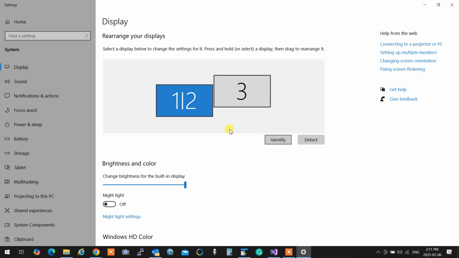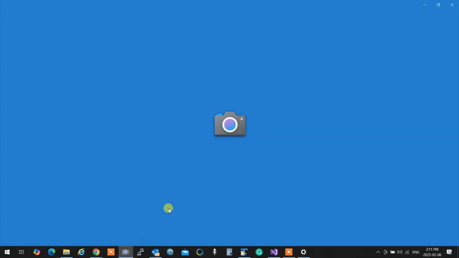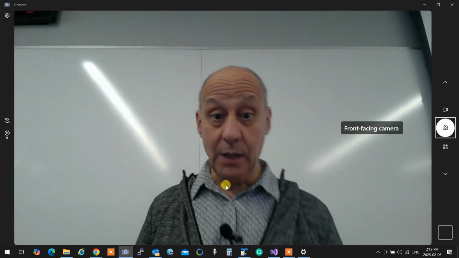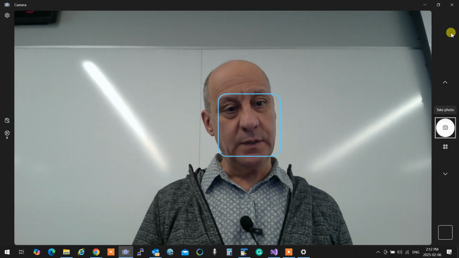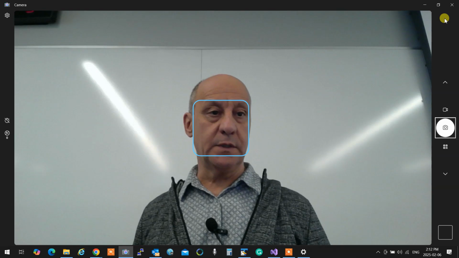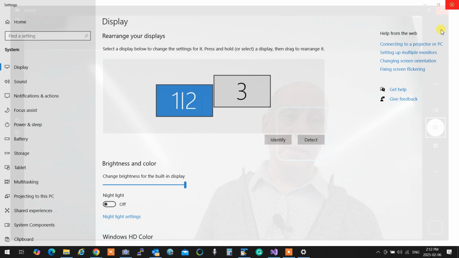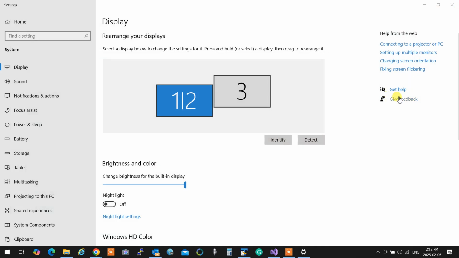Let me check to see if the camera works. I don't think it's going to work. If it works, wow. No, it's not. That's this camera. No, I don't have a second one to switch to. So no, it doesn't work. That's okay. No worries. I'll use the camera over here, project it over here. I'll use that webcam. That's a good workaround. Thank you. I'll remember that.